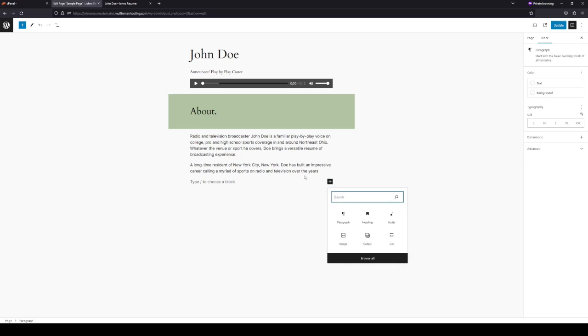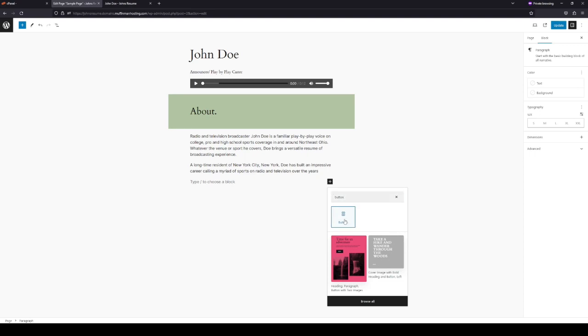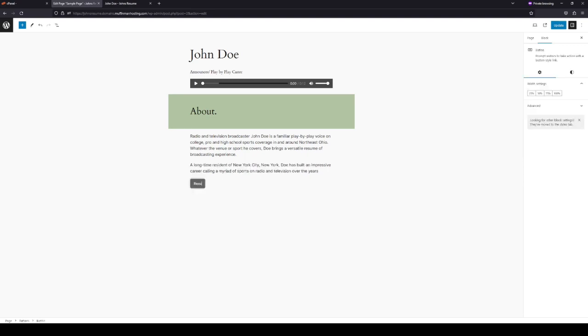And then I'm going to want to give a link. I want to add a button so that they can click on this to go to his resume. So I'm going to search for a button, and there's a button, and then I'm going to go resume. And now this button, I can add a link to it. So I can add this link, and I want to add the link for the other WordPress site, right? So I'm going to go